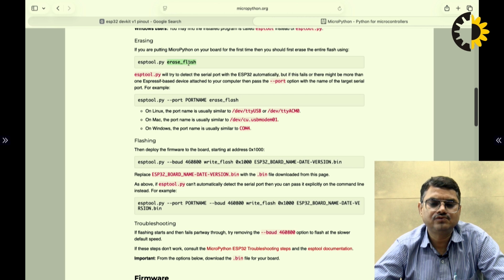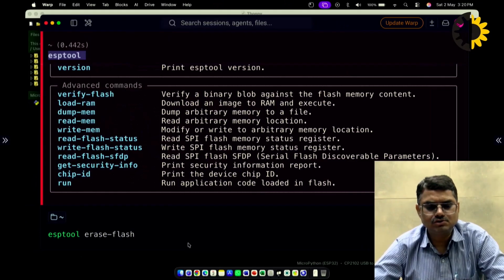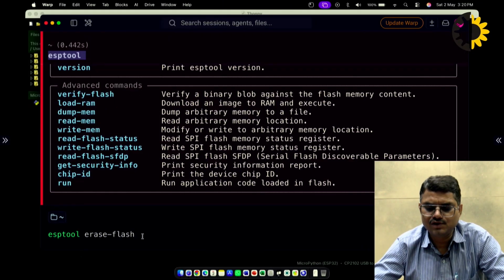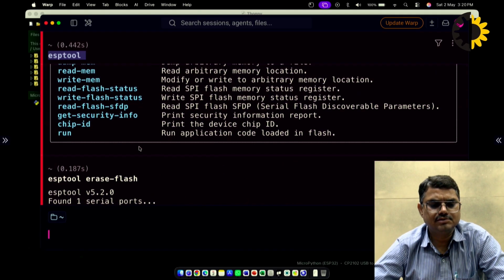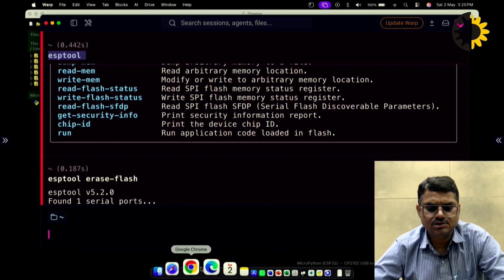Erase underscore flash may sometimes give you the warning that this command is deprecated. Now the new command is erase dash flash. So we can work with both the commands. I'm using esptool erase flash, and if I hit enter, okay, it's a serial port error, something, but this command will work in your system. And after writing this command,